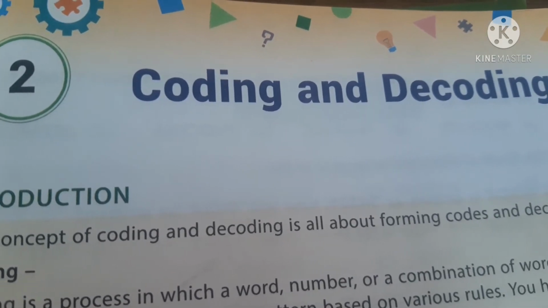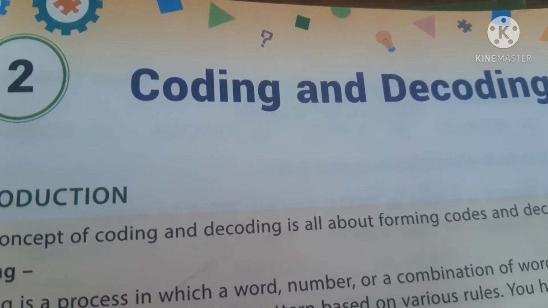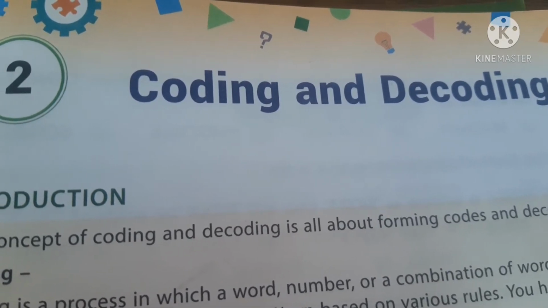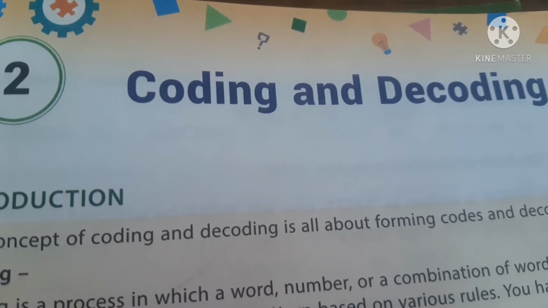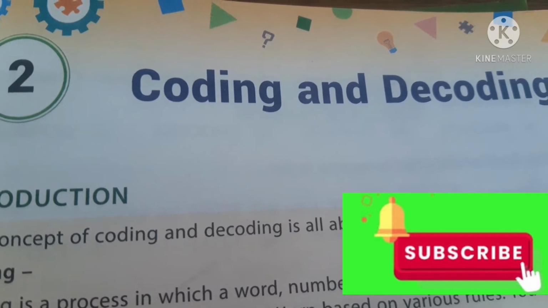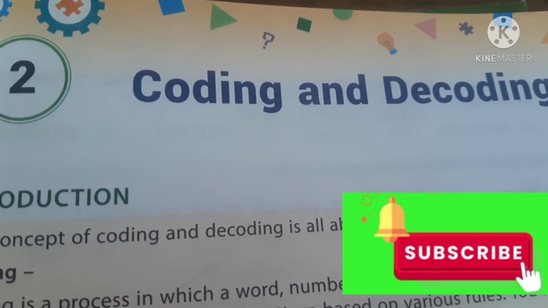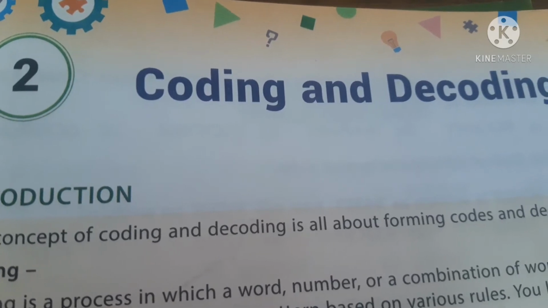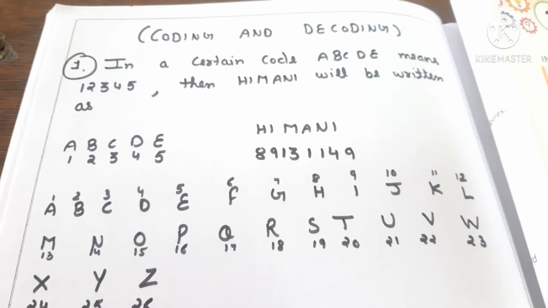In letter coding, letters are arranged in normal or reverse order or a combination of both to make a code language. In a similar way, in number coding, numbers or symbols are assigned to the words. In substitution coding, some particular words are assigned to certain names. So we will be using all these coding methods one by one. Let's move to the questions.